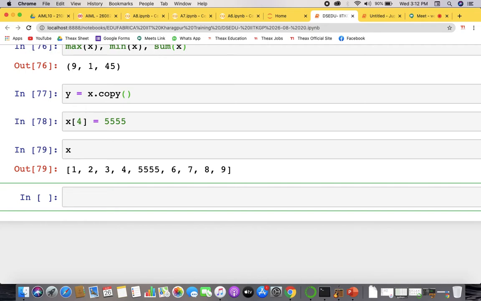When we come to tuples, they are very similar to lists, but the difference is that in tuples you can't do any editing once you have defined something.